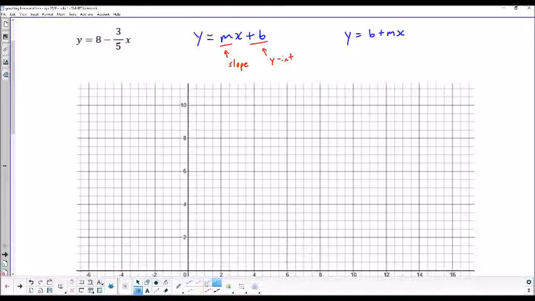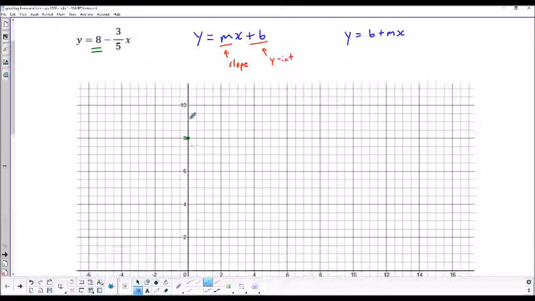Okay, so I'm going to start here, and we see y equals 8 minus 3/5 x. Well, I know that the 8 is the constant, and so that is the y-intercept. And so I can identify on the y-axis here 8 being the y-intercept. So I plot a point right there. The next step I'm going to do is I need to find another point on the line, or another few points. It doesn't really matter, but I need to find at least one more point on the line